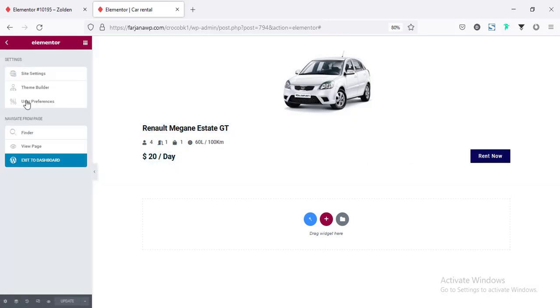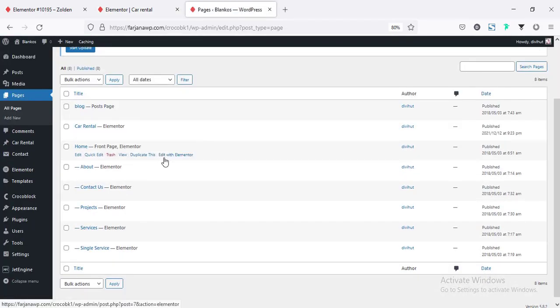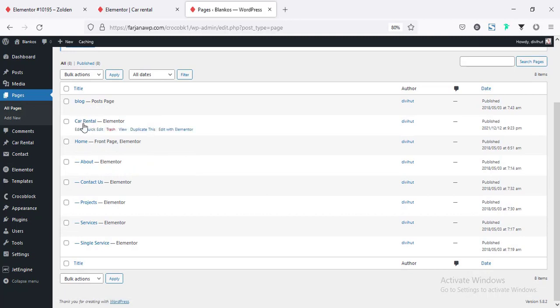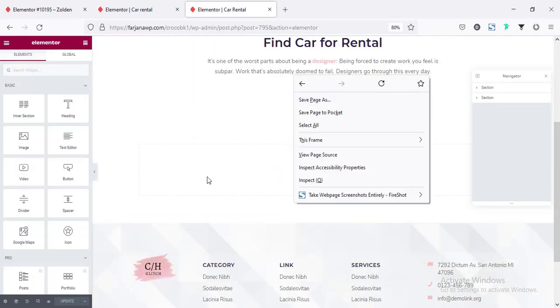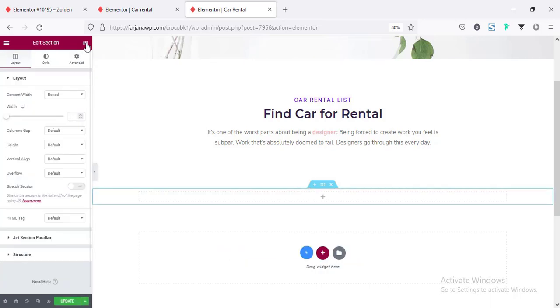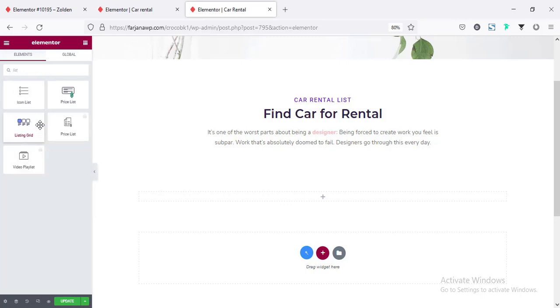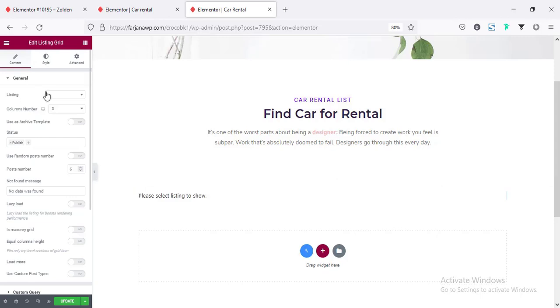So for that I'm going to dashboard again, and from pages, here I have created a dummy page, car rental, and going to edit with Elementor, and here I'm taking one column structure, and now going to add new. From here I'm searching for listing, so this will be listing grid, and it's coming from JetEngine's plugin. Here I'm selecting the listing, typing car rental,